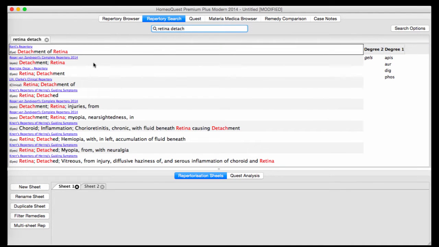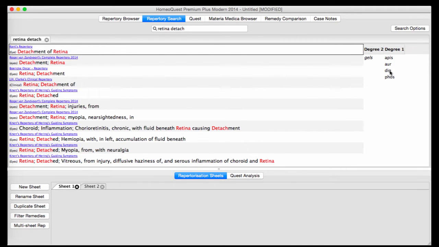Okay, now you can see there are loads of different rubrics that come up from every repertory there, from Kent's repertory, from complete repertory, from Boericke, Clarke, and Nair. And I'll tell you what's the difference, having gone through these rubrics so many times in the past. If you look at this rubric from Kent, you'll see there are about 4 or 5 remedies here: gelsemium,